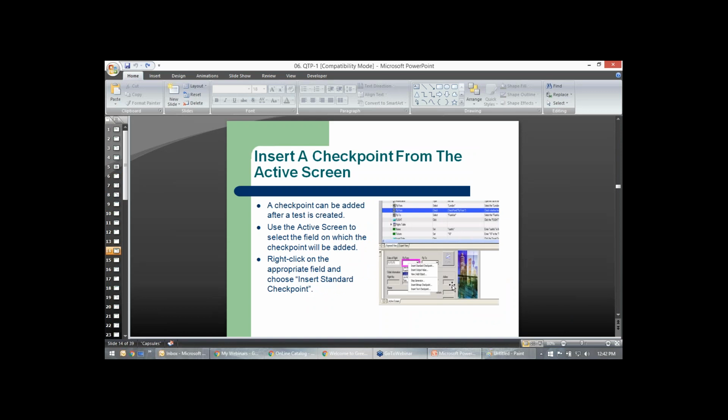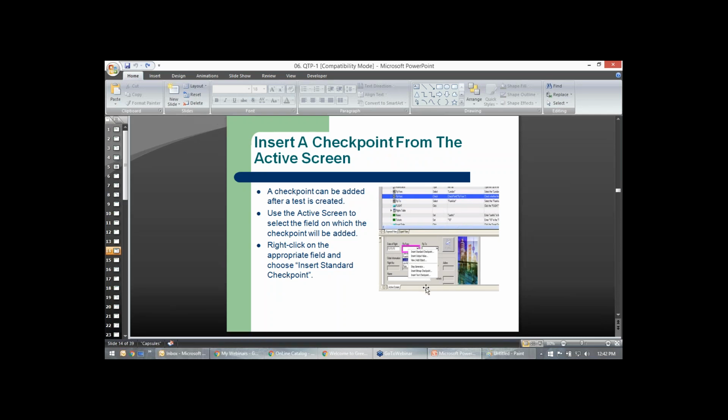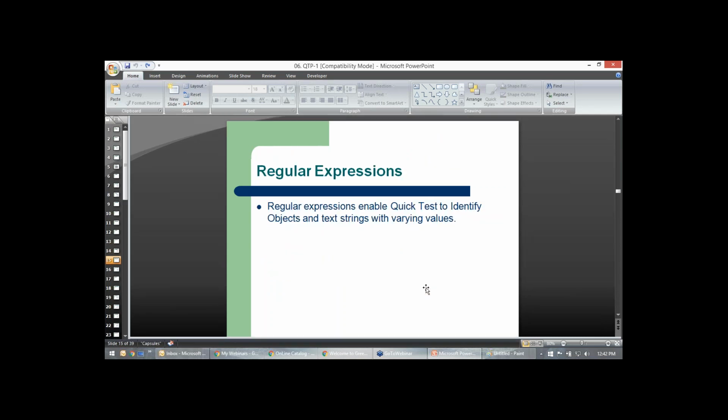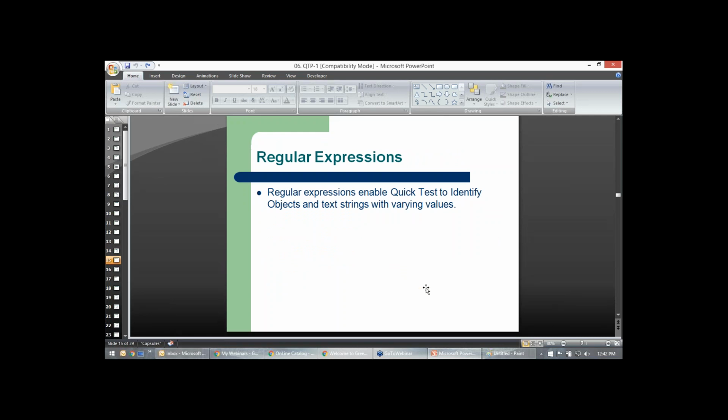Whenever you have this application, you can right click on it and choose insert checkpoint. And then you can insert a checkpoint. Then you have regular expressions.